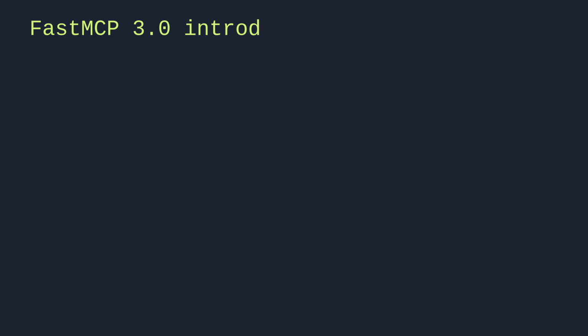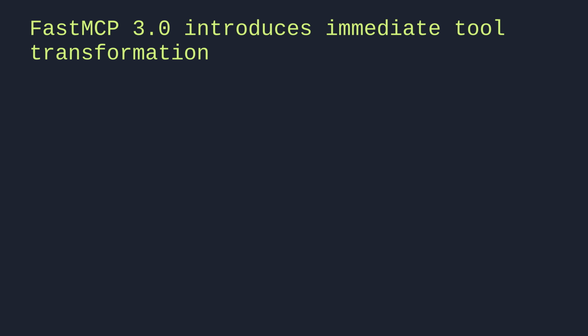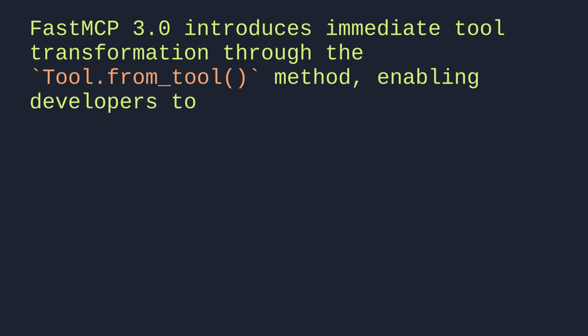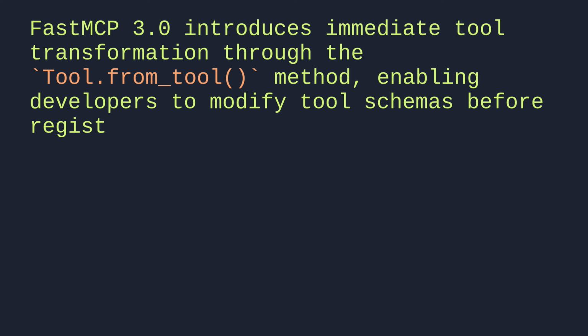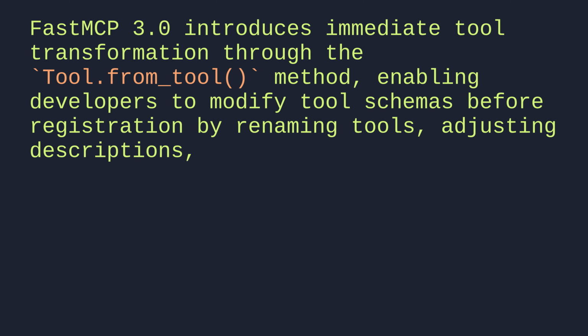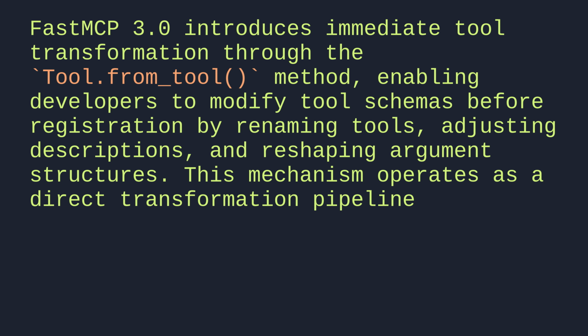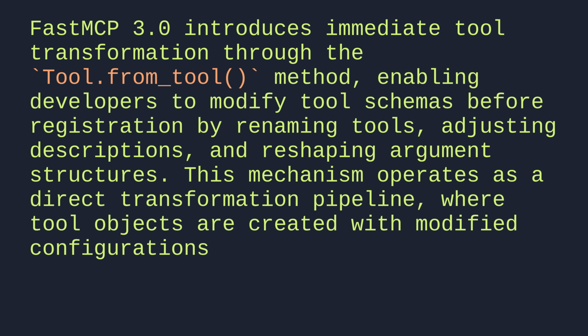FastMCP3 introduces immediate tool transformation through the tool from tool method, enabling developers to modify tool schemas before registration by renaming tools, adjusting descriptions, and reshaping argument structures. This mechanism operates as a direct transformation pipeline, where tool objects are created with modified configurations before being added to